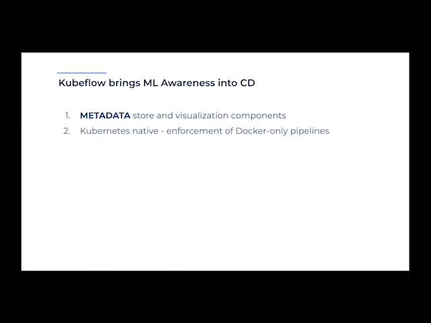So, Kubernetes native enforcement of Docker-only pipelines. I want to stop here and spend time on this. There are many ways of writing pipelines. You can just build arbitrary Python code, split it into modules, and call each module one after another from your main script. But here Kubernetes native means that each step of your pipeline is a separate Docker container